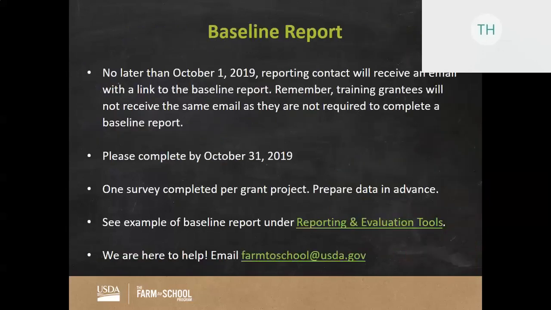And here is the information about the upcoming baseline report. You'll notice in the first bullet that the reporting contact will receive an email with a link no later than October 1st, 2019. I want to flag a couple of things with this bullet. The first is that it is an